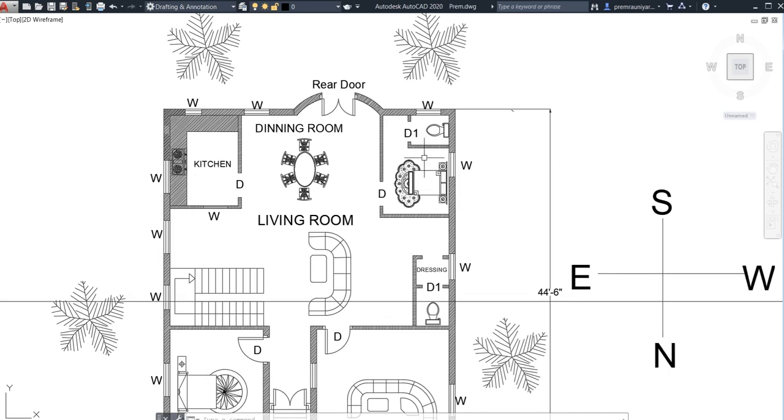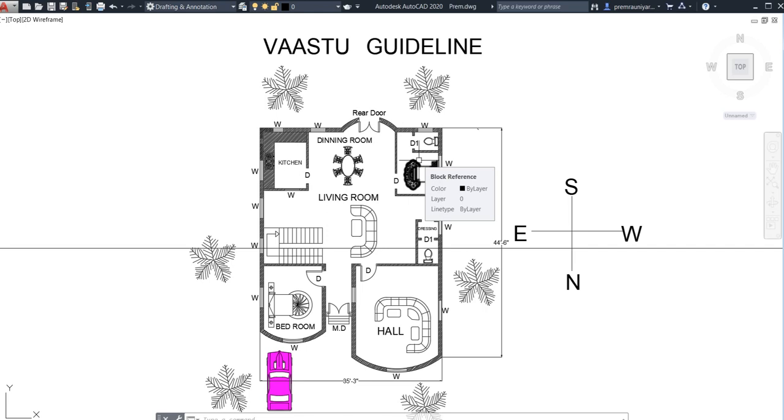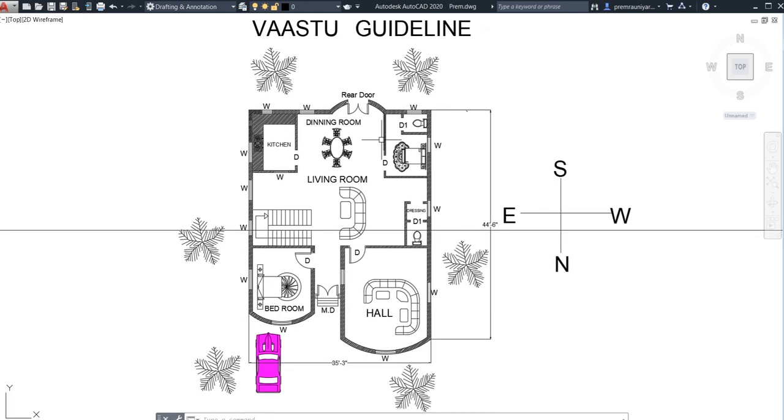I have seen a lot of people who did a lot of heavy design and construction, spending a lot of money, like crores, millions, but after that they have not followed the complete Vastu Shastra, and they need to demolish the building. So before demolition of your building, you need to mind these things, you need to follow Vastu Shastra.